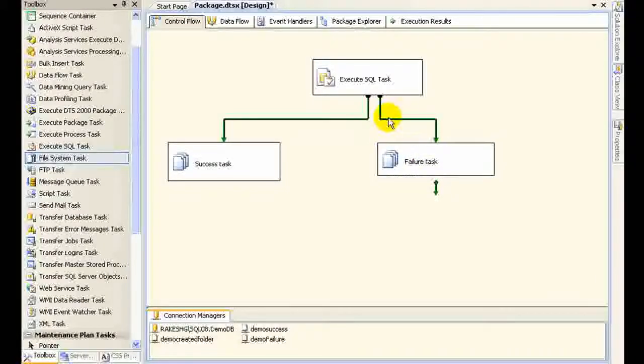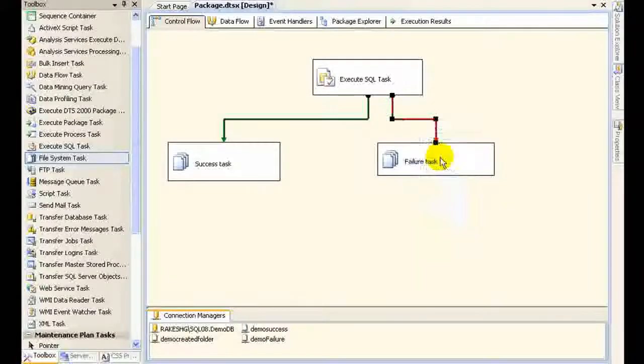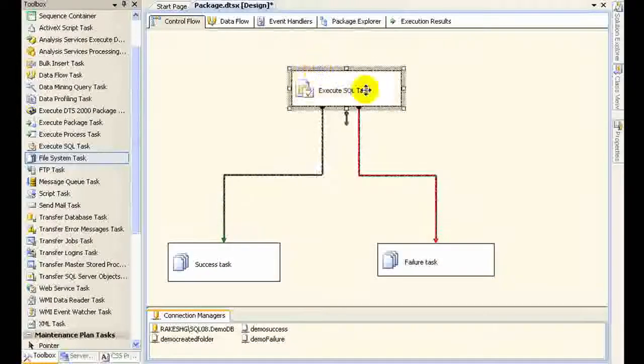One more thing I need to do is right click on this and say on failure. So the basic idea is when the execute SQL task fires, if it's successful, it's going to execute this task, else it's going to execute this task, right?